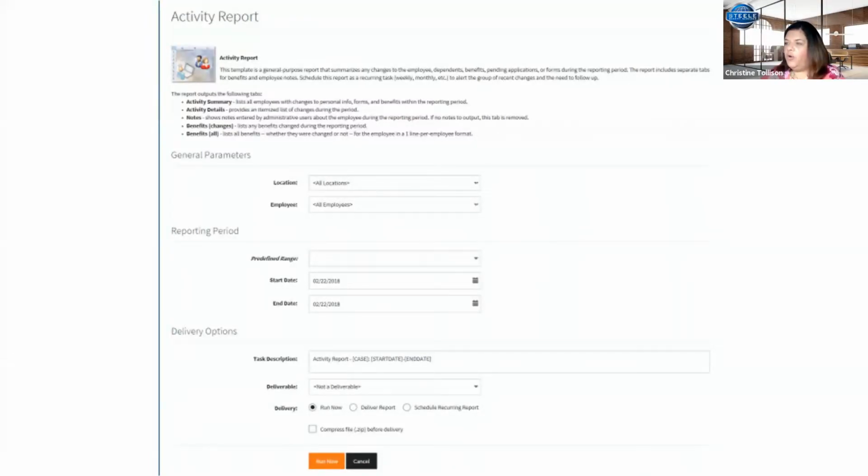And your reporting period, because this is an activity report, which would be an adds, changes, and deletes report. And again, I'm going to talk a little bit about that more on some further slides, but your reporting date is actually going to be when the changes were processed. So as an example, the date on here is 2/22. It would be looking at what changes were actually processed on that date, not what coverage is effective on that date,